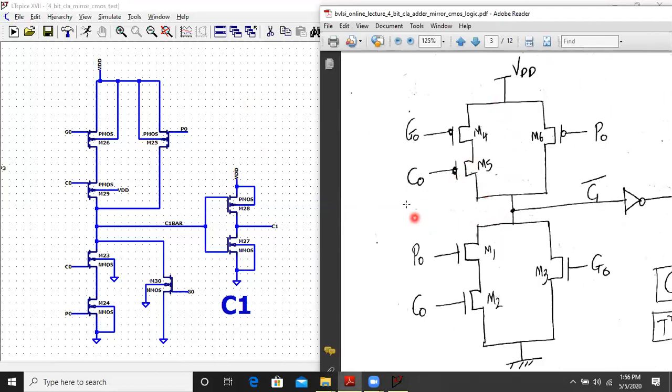On the right hand side, you have the design on paper, and on the left hand side, we have done the design in the LTSpice simulation.